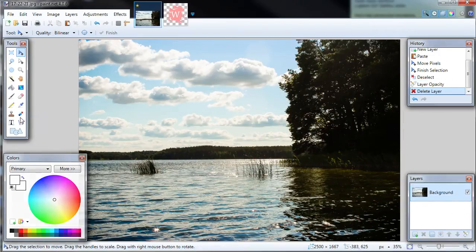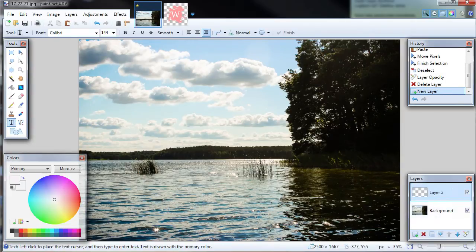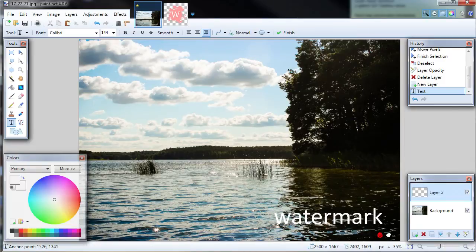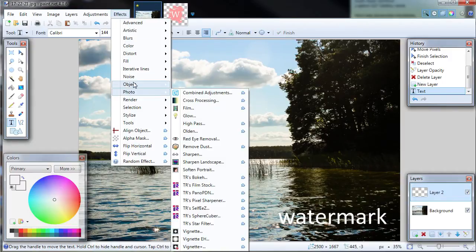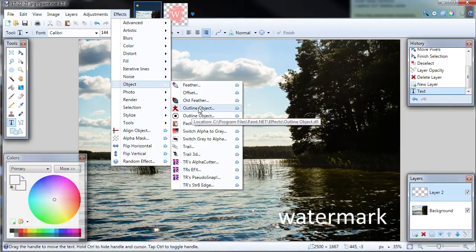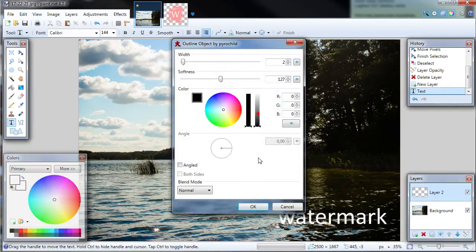If you don't have a watermark image, make a new layer, choose the text tool or brush tool from the tools table and write your text or draw your logo or something. Try to keep these things as simple as possible, because watermarks are made to inform, not to be better looking than the picture itself. If you want, you can add some special effects, for example the object outline effect, but yet again try to keep it very simple and don't overdo.